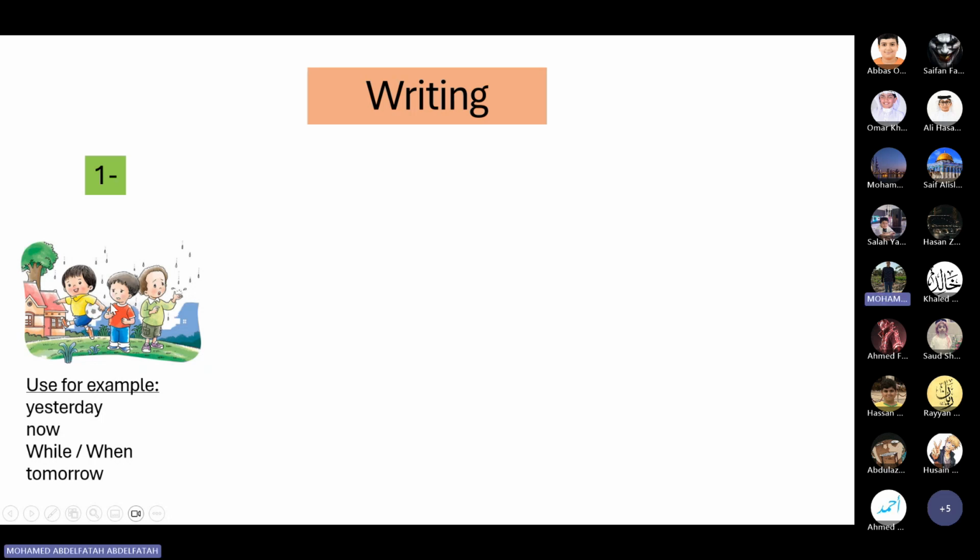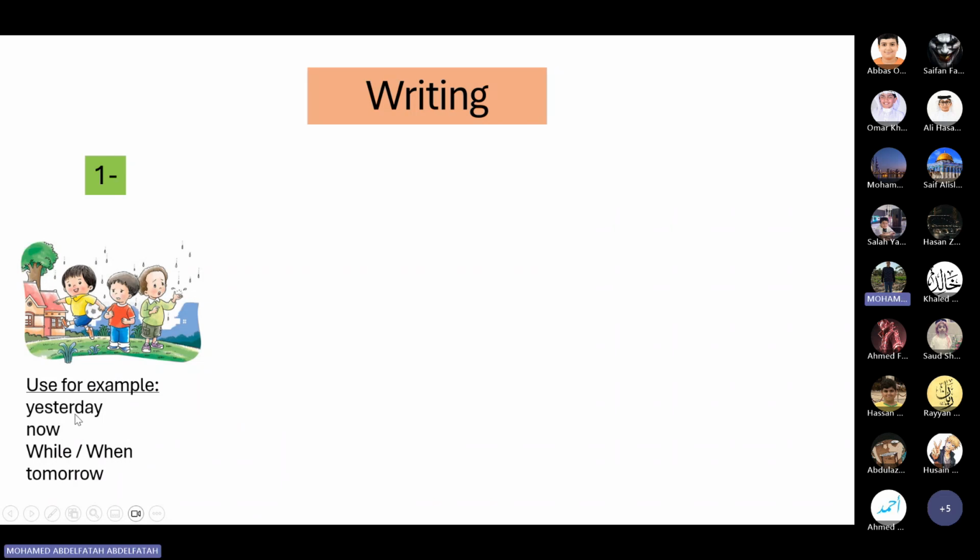In the exam, they will give you a clue word. What is the clue word? الكلمة الدليل. Beside the picture or next to the picture, they will give you a word and you have to use this word. For example, if you are asked to write a sentence or to describe this picture using a sentence and using the word yesterday or now or while and when or tomorrow, one of these, you have to